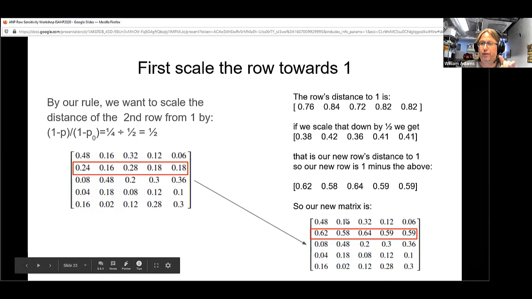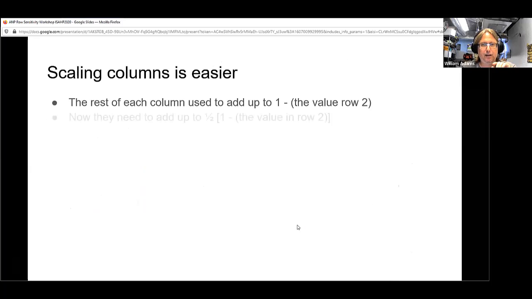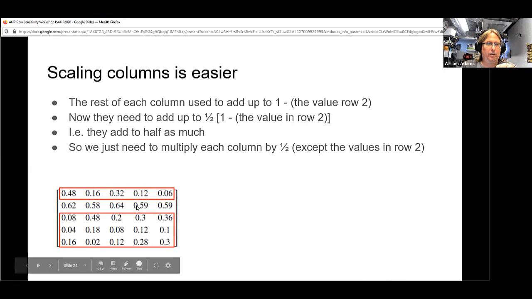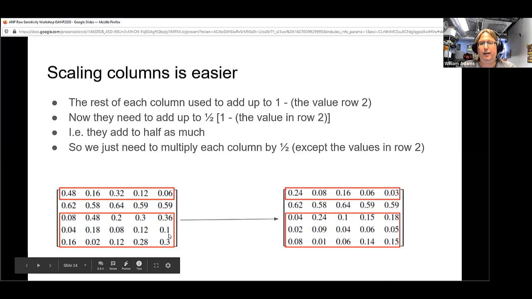But the same is true for every other one also. Every one of these, rather than having to recalculate it every time, I'm going to just be multiplying by 1/2. And I'm just going to do that, and you'll see I take all of my numbers here that are in red and multiply by 1/2. And I get